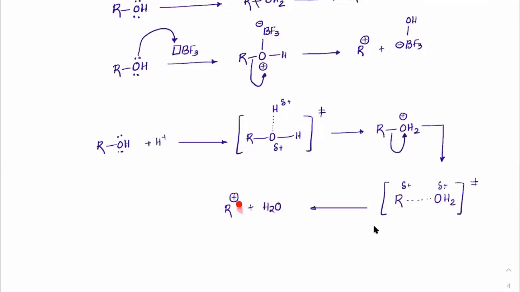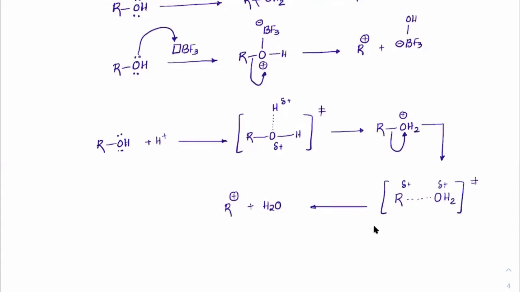But this R plus is again an intermediate. From this intermediate, we may have further reaction also. Between this one and this one, yes, we can. Okay, we can definitely compare the energies here. See, we have to check out the stability of the molecules whenever we are comparing the transition states. Got it? Originally, we had two sigma bonds here between RO and OH, right? Here we have three sigma bonds. So it is bringing more stability, isn't it?